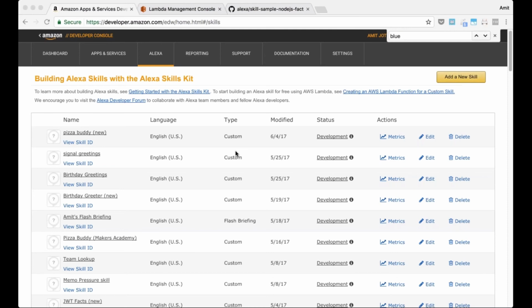Anything inside the source directory will go into index.js, which is going to go into your Lambda function. For example, if you go to alexa.design/fact, it'll point you to this fact template that we have on GitHub.